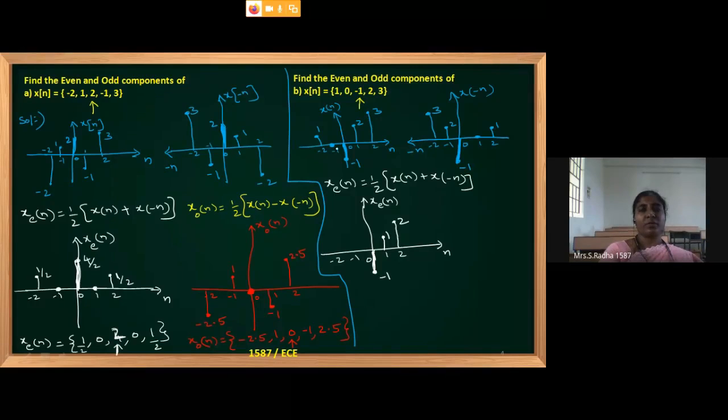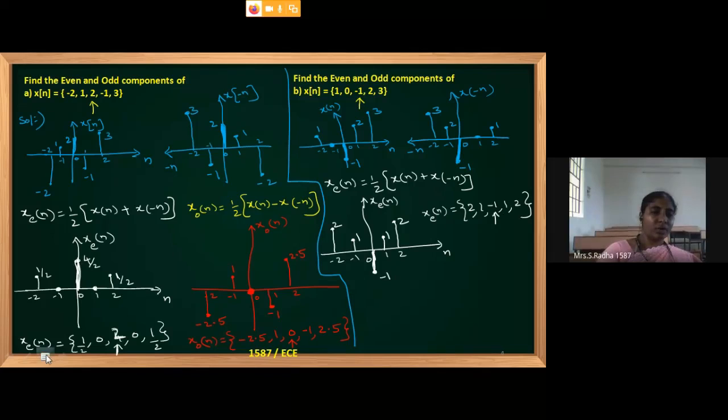Coming to the left side, first diagram 0, second diagram is 2. 0 plus 2 divided by 2 is plus 1. Here the height is 1. And here the height is 3, 1 plus 3 divided by 2 will become 2. Now for the even component you have to give the final conclusion also. The points are 2, 1, minus 1, plus 1, 2. This is the answer. Give an arrow mark for the height at the origin.